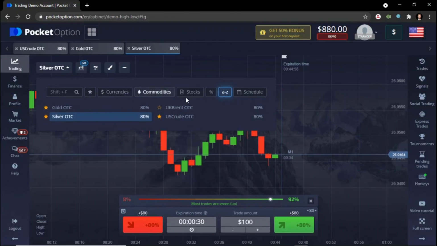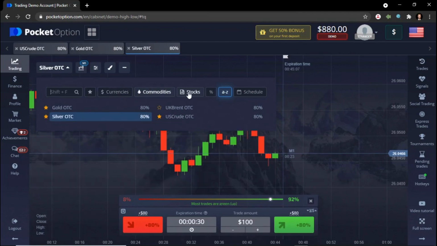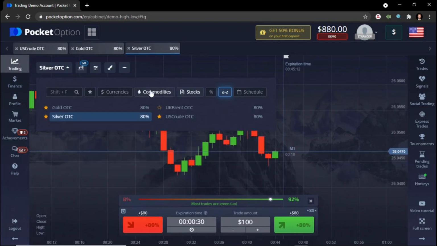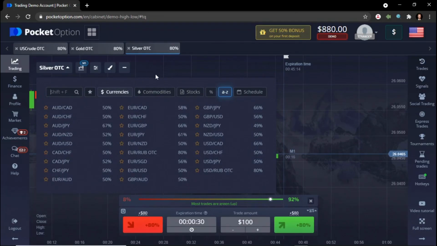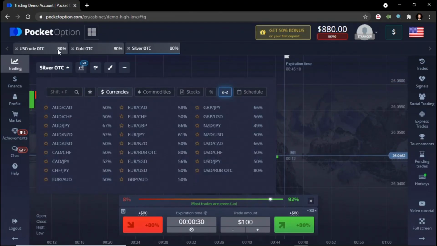You'll notice different things give different payouts. I like commodities because they give a higher payout. Some people like currencies because they say that they're more predictable to be able to win. You have to find what works for you. Maybe there's a stock you're familiar with that you can trade in here. All different options too that are available. Make sure you press the star next to the ones that you want, and it'll put them in your quick